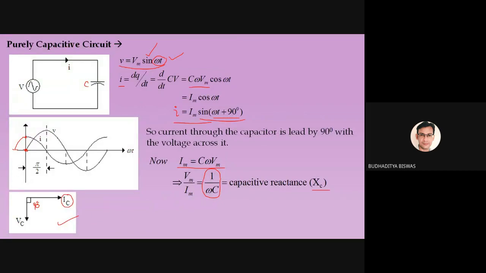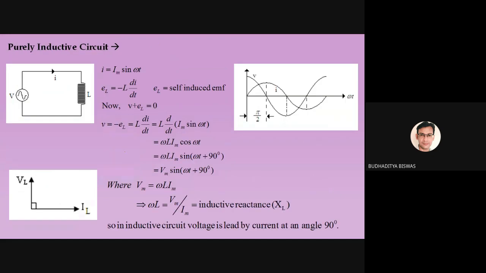So we can take V as the voltage across the capacitor as reference, or the current through the capacitor as reference, no problem. Same thing here. This is only one inductor, so there is no reference. We can take the current, we can take the voltage, we will get the same figure. Obviously not the same figure, but the rotated figure. If you just draw this figure and rotate it, this type of figure we obtain.